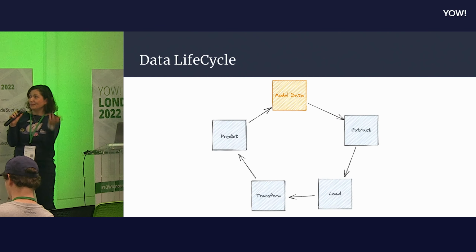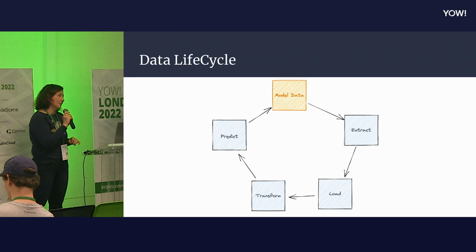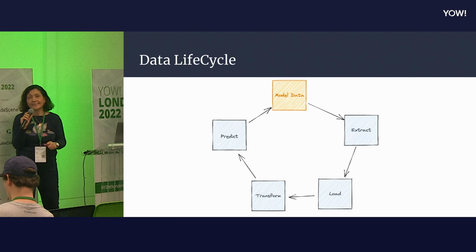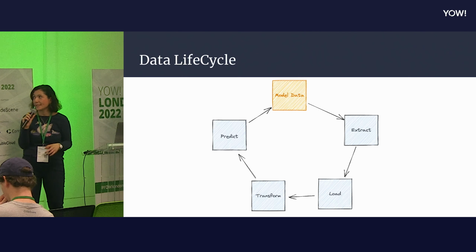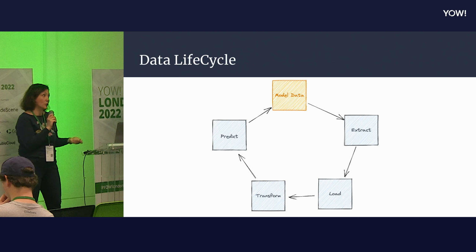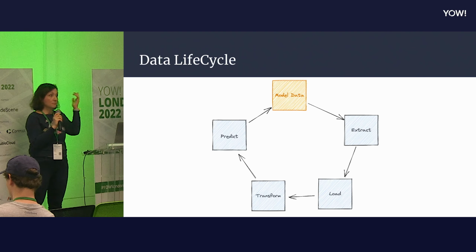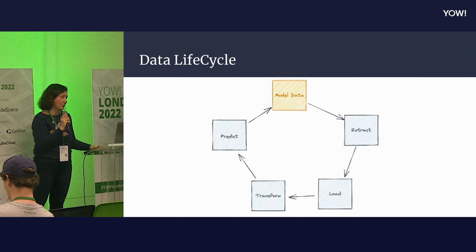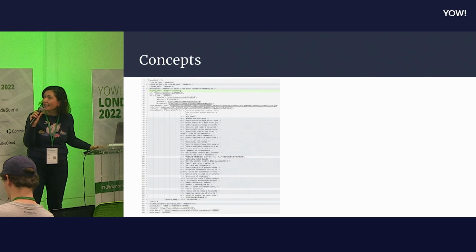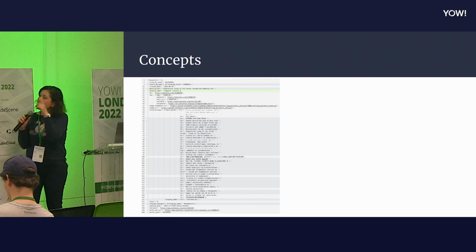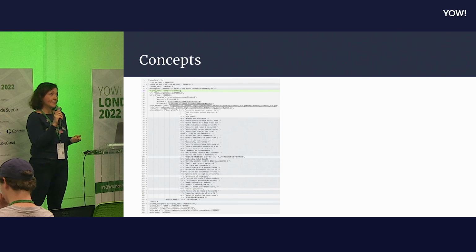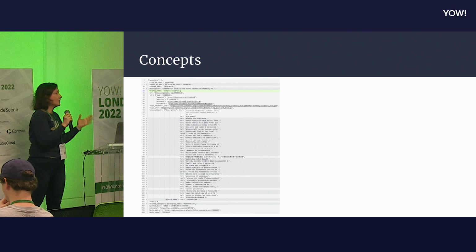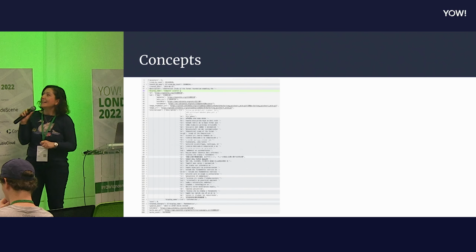In our project, we started with modeling the data to understand what's happening. We extracted the data from the S3 bucket to GCP and loaded it to the graph database, did some transformations to make it more feasible for the learning, and continue to change this on and off. So it's an ongoing process. One example is the concepts. This is the API result for the concept entity. It has about 400 properties, not all of which we need. And given the small budget we have, we didn't want to spend all the money.